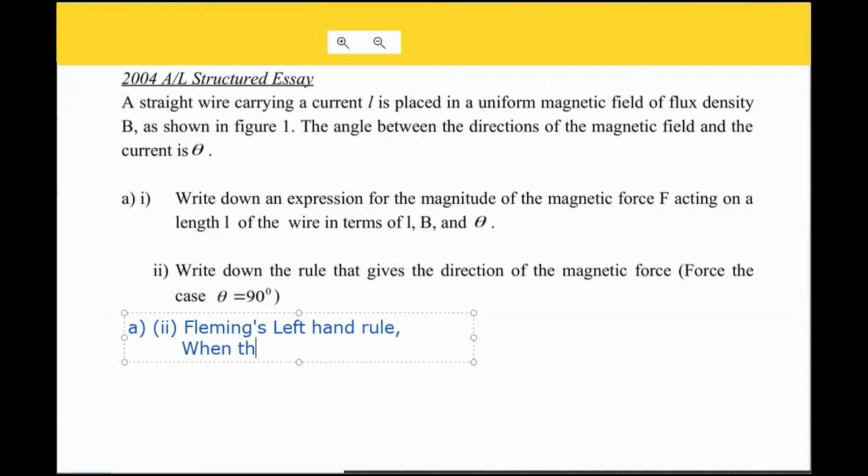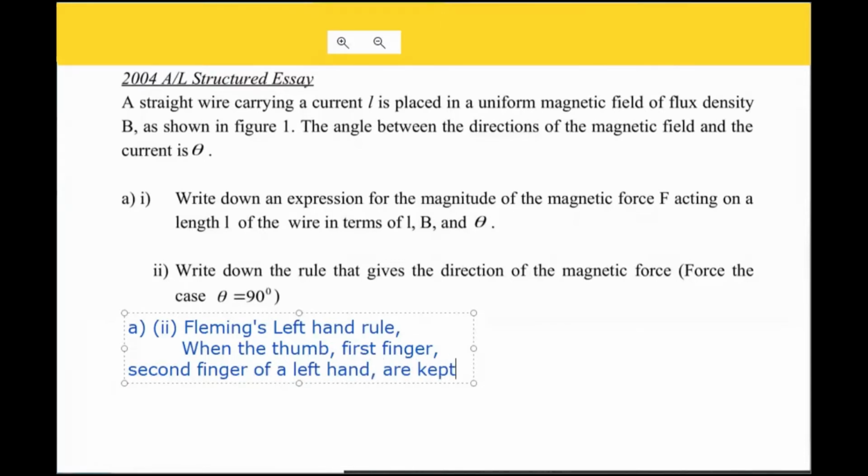When the thumb, first finger, second finger of a left hand are kept perpendicular to each other,